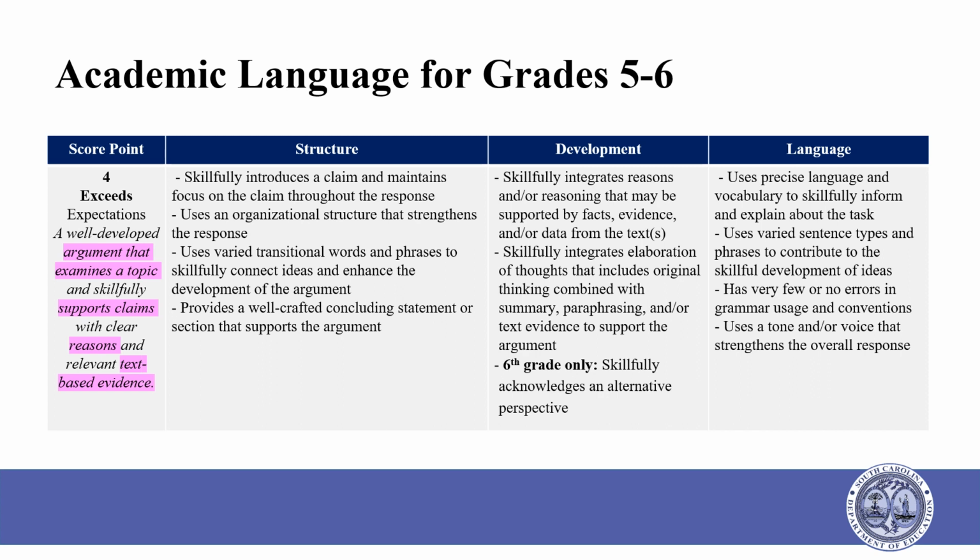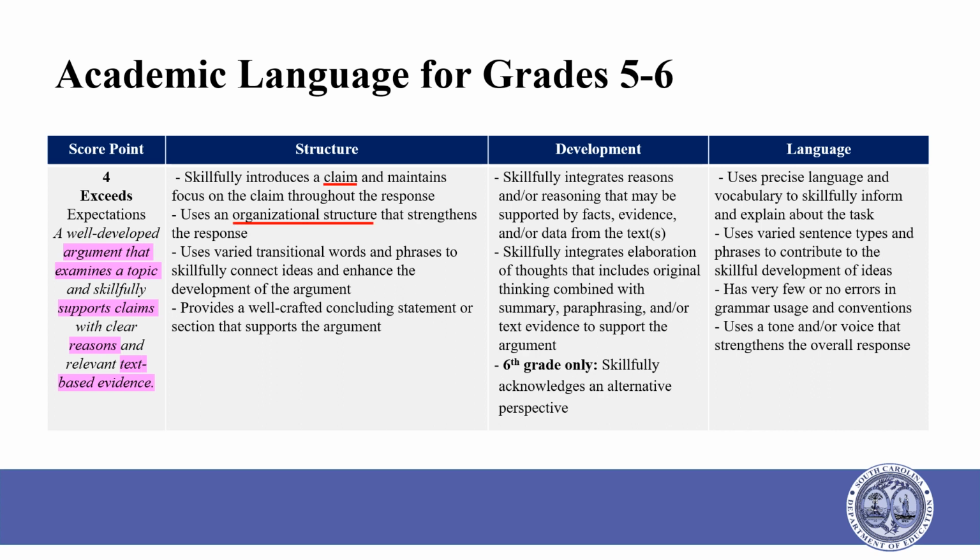Refer to your writing indicator handout for grades 5 and 6. As we highlight the words and phrases in the rubric, compare them to what you highlighted or underlined in the grade level indicators. Something we need to note is that the rubric is written for summative assessment and the indicators are written for instruction. Because of that, there may be a few minor differences between the two.